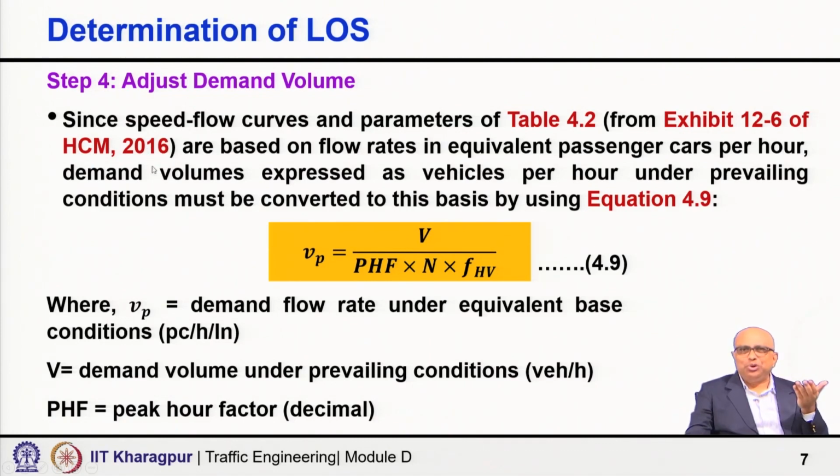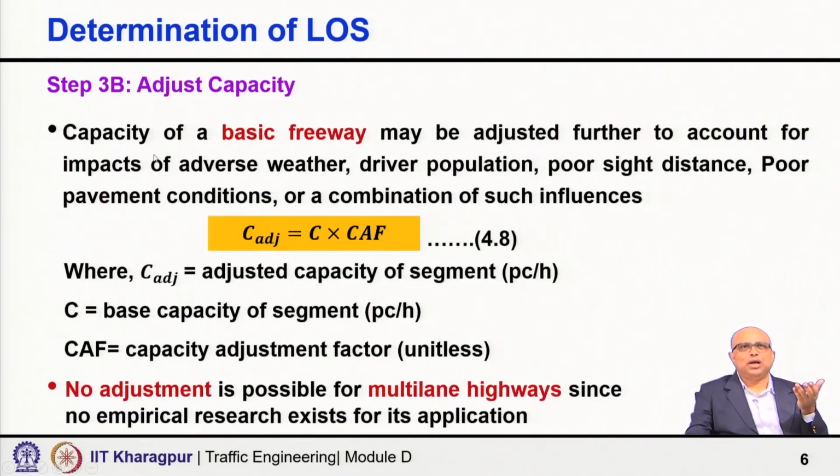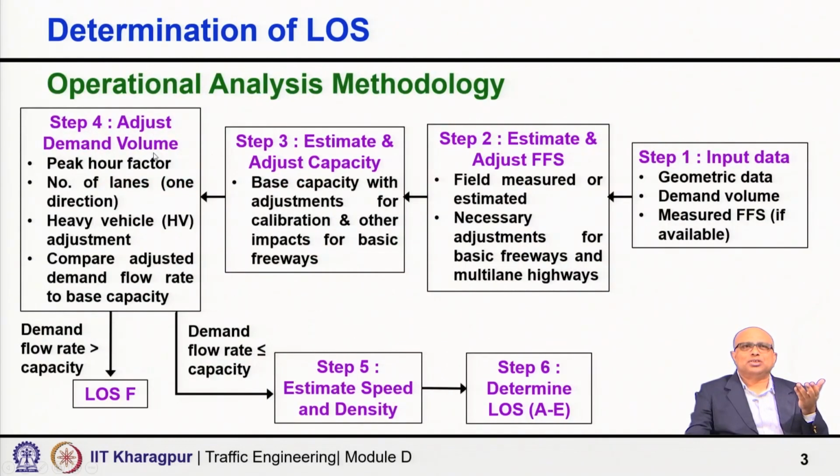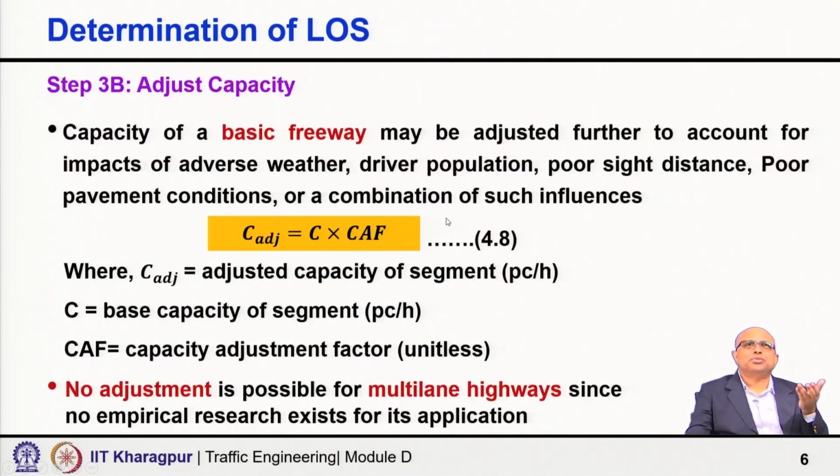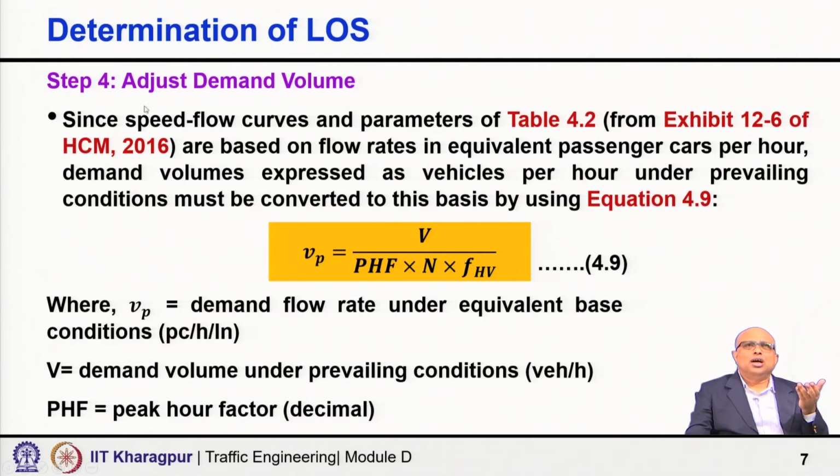Then the step 4. So, we have gone up to step 4: step 1, step 2, step 3, step 4, then in adjust demand volumes. Now, why are we doing these steps? Because speed flow curves and parameters of table 2, which again I have shown in an earlier lecture, shown as table 4.2,